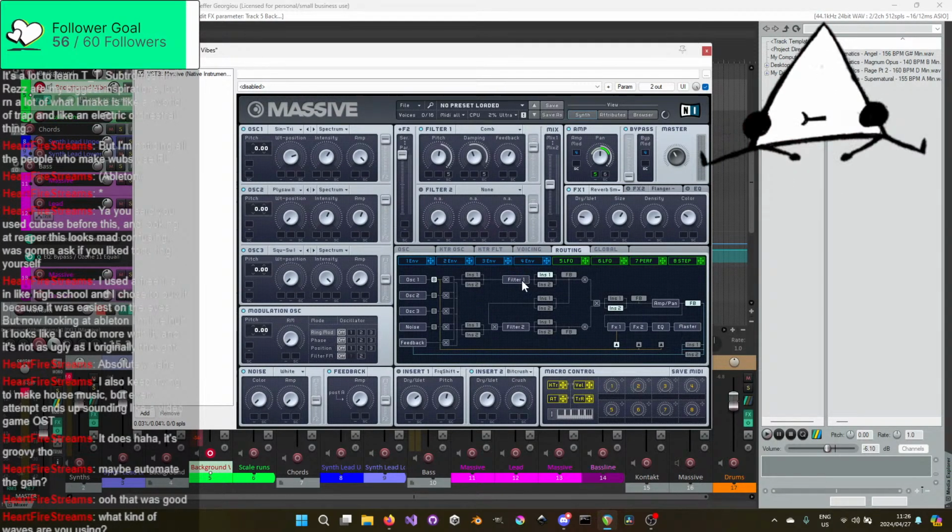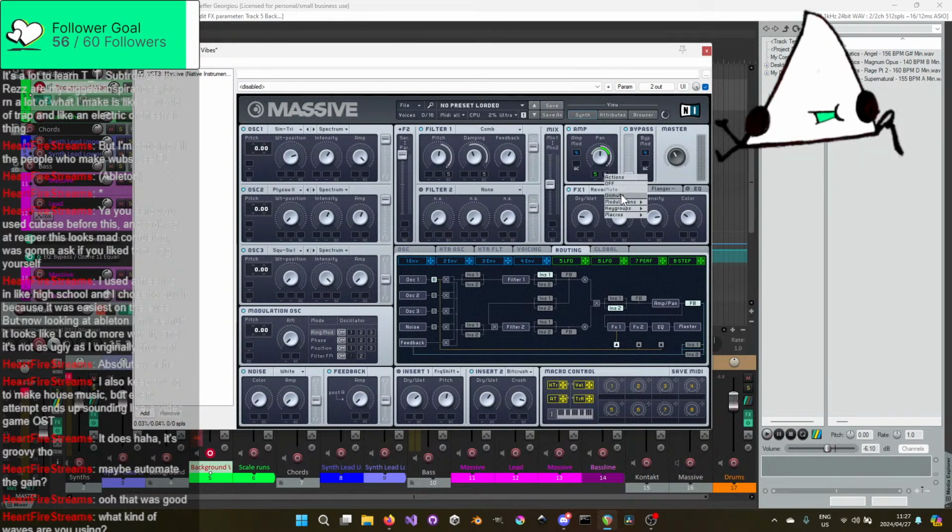Yeah, so it's first doing the filter, then it's doing the insert, so it's doing the bit crushing, then it's doing insert 2, which I believe I have disabled right now, and then it's got no feedback. That's happening before the amp or pan, which is up here, and then in the amp and panning, there's LFOs being applied to make it wibble wobble, in this one at least.